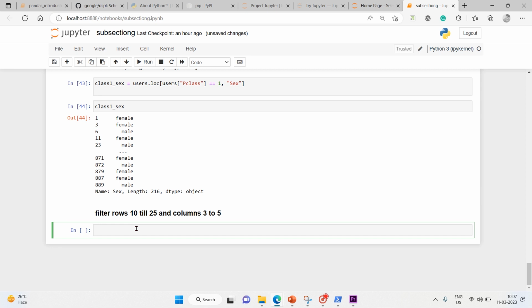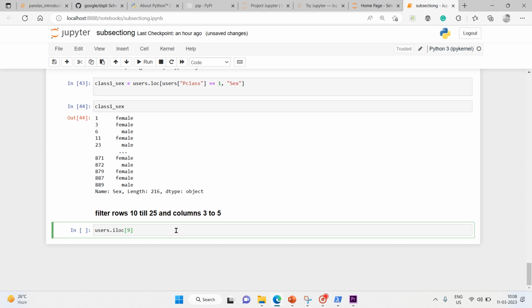Let's do that. So what I'm going to do is for this users dot iloc, and first rows as usual, rows first and then columns. You remember the m by n matrix, same way. So I'll say 9,